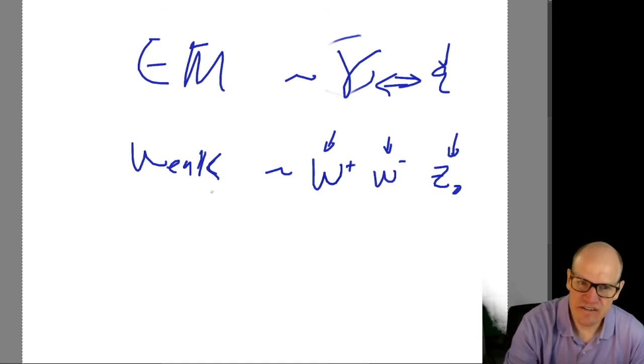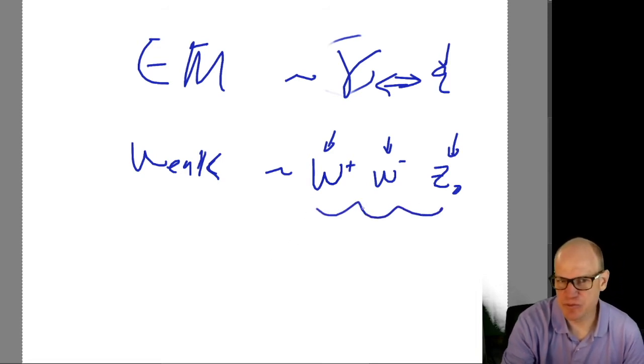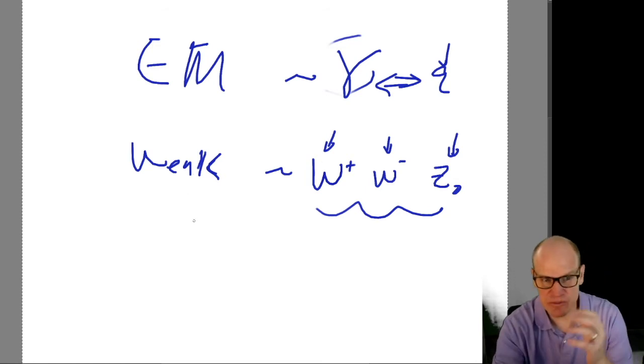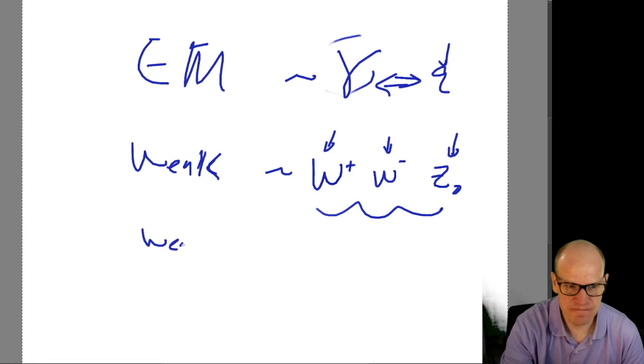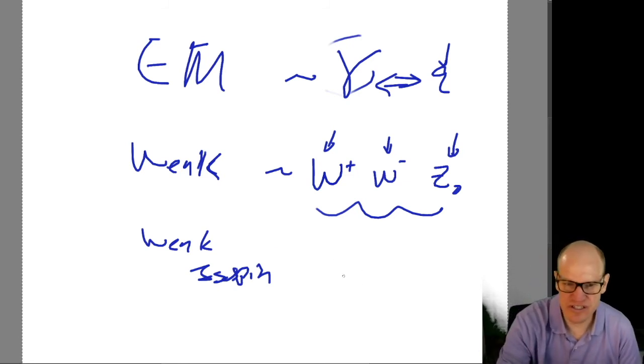Anything that couples to the weak force will couple to these W's and Z's: W plus, W minus, and Z naught. So the charge that's associated with the weak force is called the weak isospin. Now the weak isospin is basically what you do in that case is you say, well, the way that I learned it,